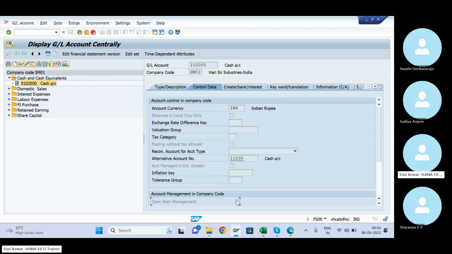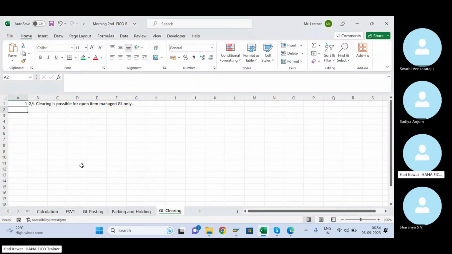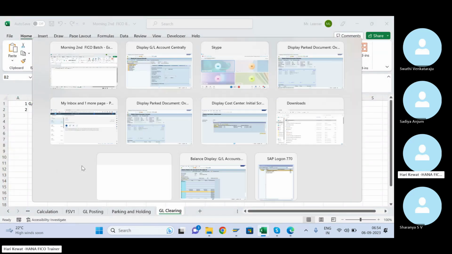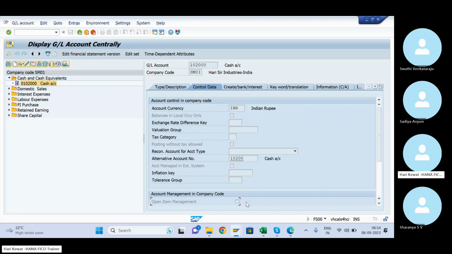That is the first point you have to remember. I cannot do the GL clearing for this GL because this GL does not have open item management. First we'll discuss what GL clearing is, but try to understand the prerequisite. I can do GL clearing only for those GL which have open item management. That is the first prerequisite that they also taught you during FS00 time. You can go and look back again.